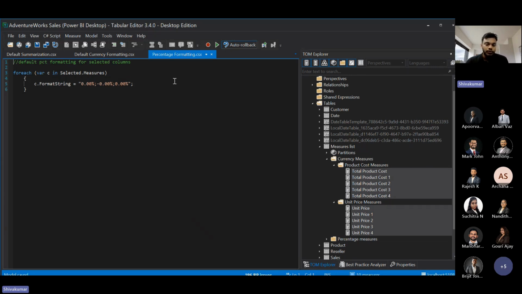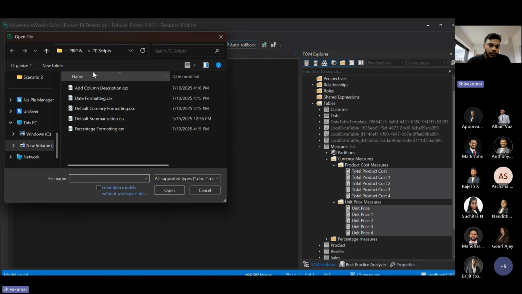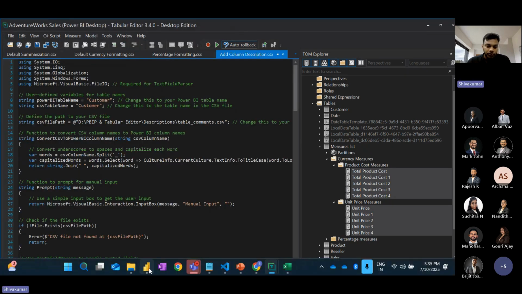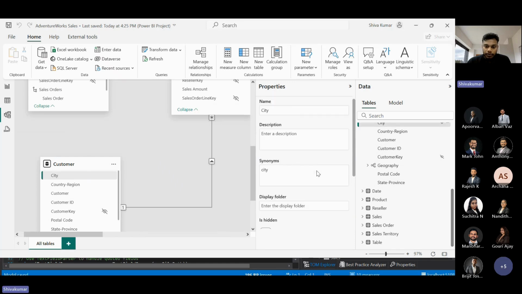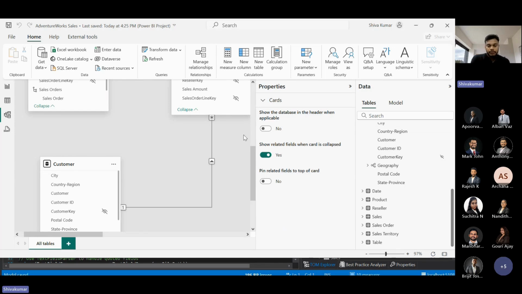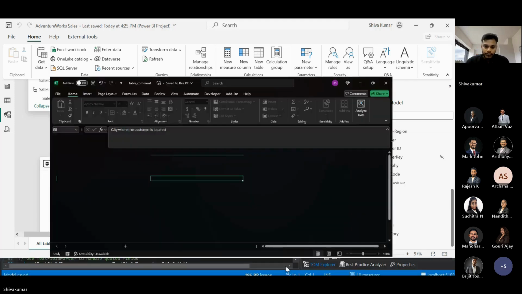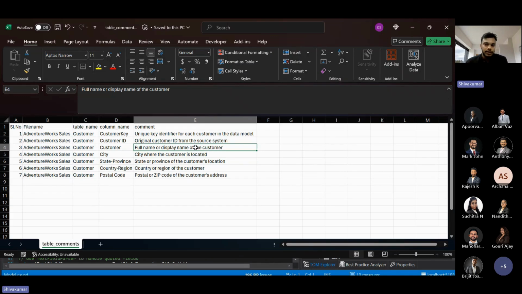Let's suppose you are supposed to add column descriptions to your models. The traditional way to do it is you have to click on the columns and then type in your description here. With Tabular Editor and a CSV file, you can store your column descriptions like this. Suppose there is a view definition from where you have your column descriptions added and you are fetching the data from that view. You can copy the column descriptions from there, store it as a CSV file, and then go